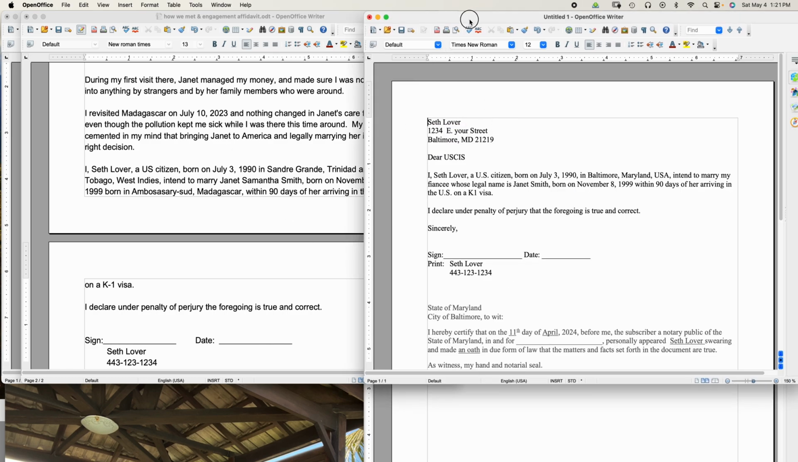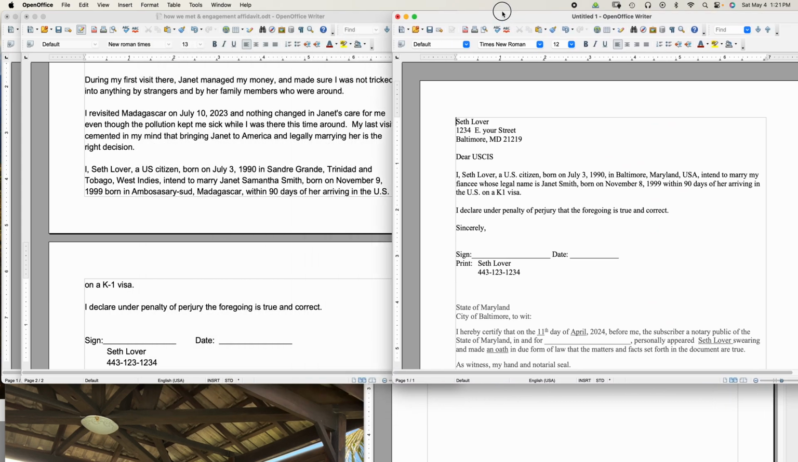Now here is a letter from me. All right, I have my name. I use a block style. As you can see, it's slightly different. I, Seth Lever, a U.S. citizen, born on July 3rd, 1990 in Baltimore, Maryland, USA, intend to marry my fiancée, whose legal name, I forgot to put like a middle name in here